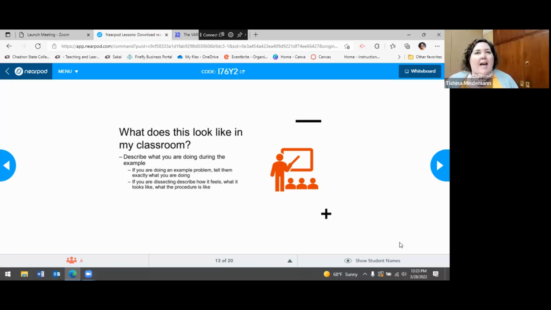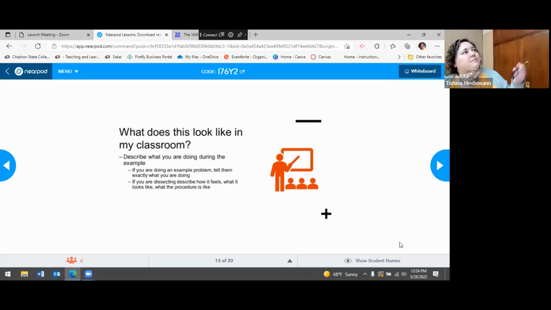So if you're doing math, saying, I wrote out the problem, and saying the problem, and then saying, here I took 4 from the right side of the equal sign and moved it over to the left side, so that they can understand what it is that you're trying to tell them,